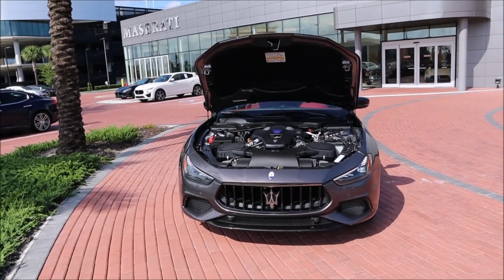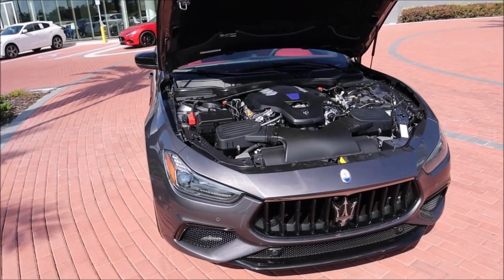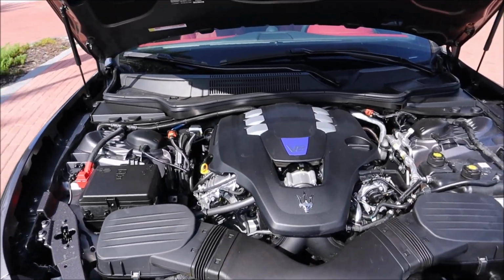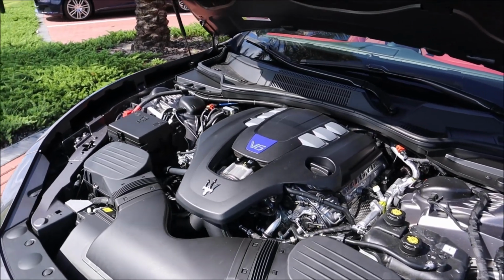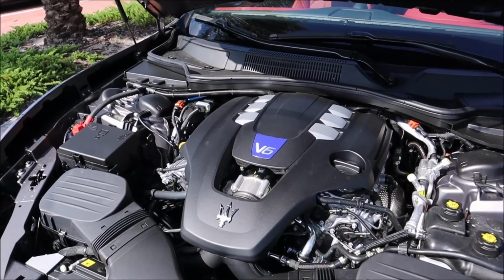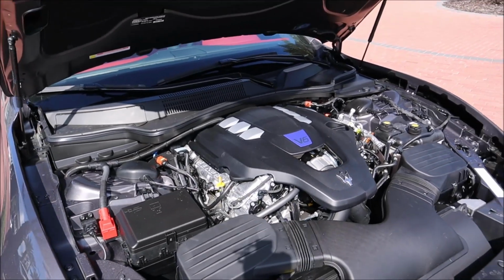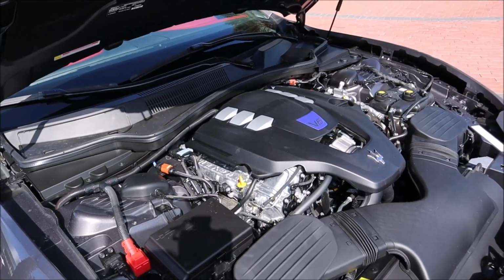Now, you guys know what's up. You know what's under this engine and what's at the heart of the Ghibli Modena. But if you are new here, you're looking at a twin turbo 3-liter V6 that puts out 424 horsepower, 428 pound-feet of torque, and a 0 to 60 in 4.7 seconds with a top speed of 178 miles per hour out of this all-wheel drive. Now, this is 0.2 seconds faster than the non-Q4. The Q4 gives it all-wheel drive paired to that 8-speed ZF transmission,